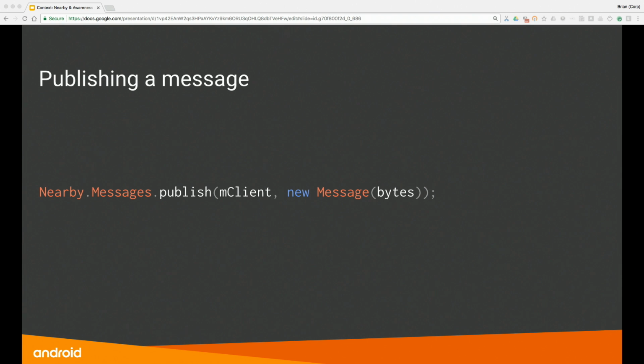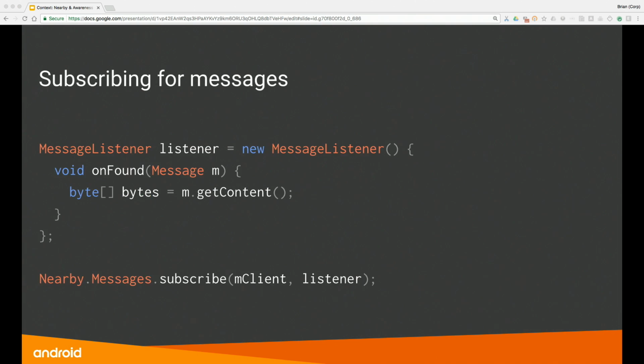There's also a bunch of options that you can pass into this API. By default, this will do the best it can to get this information to nearby devices. It will use Bluetooth, both Bluetooth Classic and LE, and audio. But you can also pass flags into this to say, I only want this to work in earshot range, which will limit it to ultrasound. And there's also some other more complex options you can pass in.